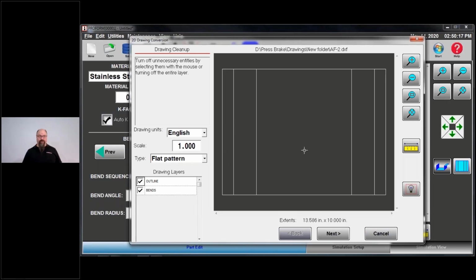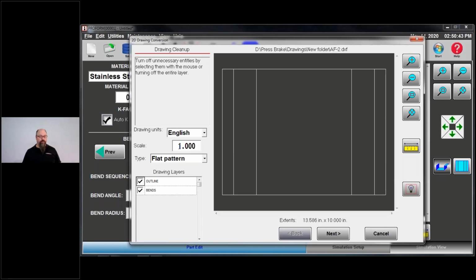Some of these drawings get really complicated where I could have 10 layers and the full architectural drawing with the text blocks and the ISO view, the flat view, the side view, the top view. All of that stuff is completely unnecessary. But again, this is just a clean, simple drawing, so I'm not turning anything off here.